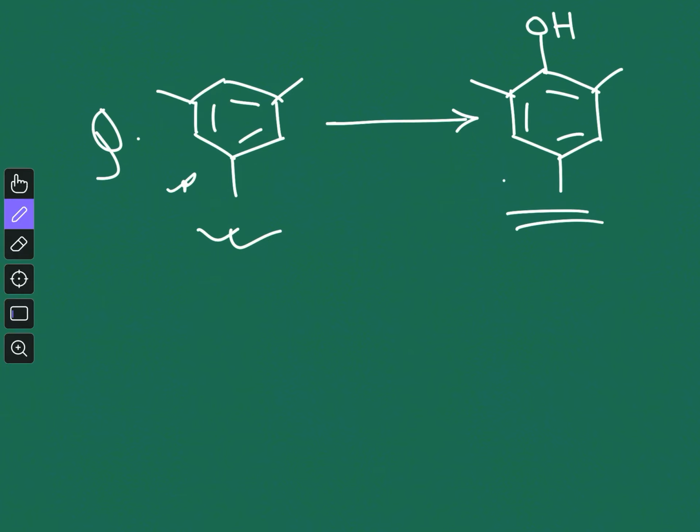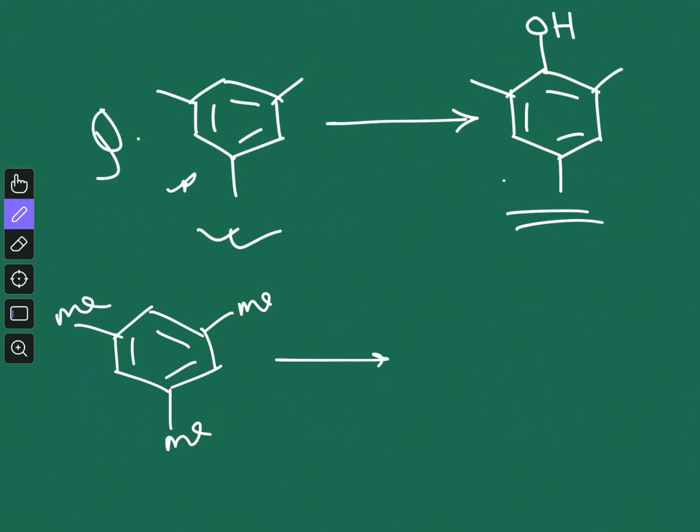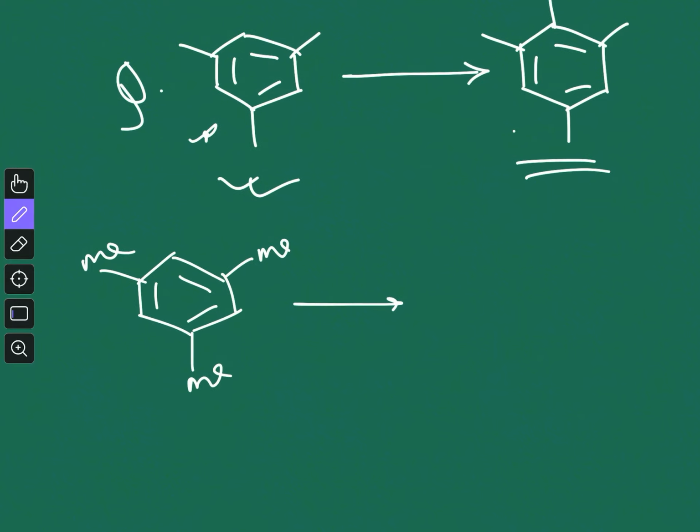We will use three very common name reactions to solve this question. Whenever you have an electron rich ring like this, all these methyl groups put electron density into the ring and the ring becomes very electron rich. So you can do an acetylation reaction on this ring very easily, and the most common reaction to do acetylation here is the Houben-Hoesch reaction. The name is Houben-Hoesch reaction.